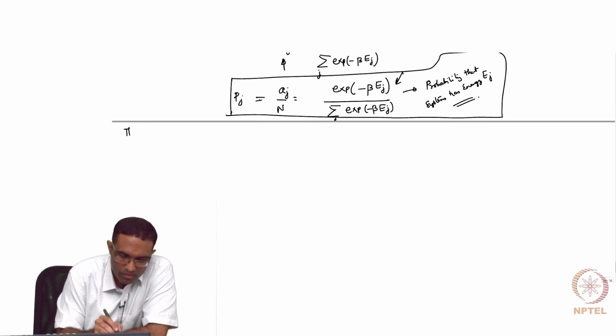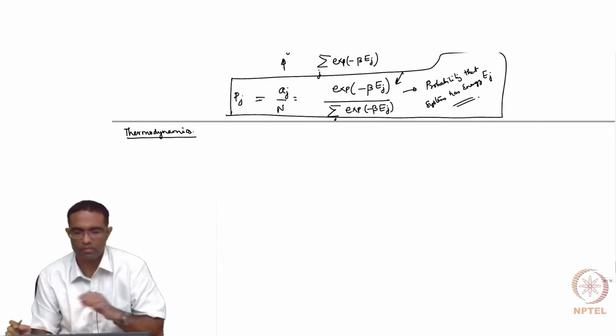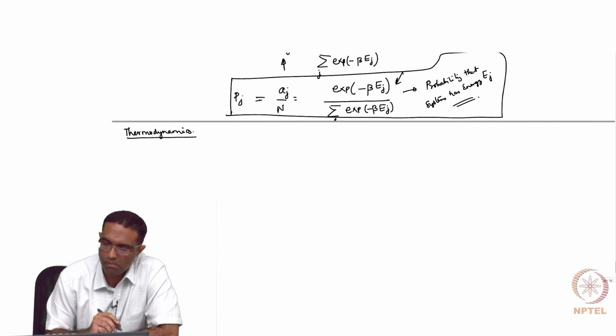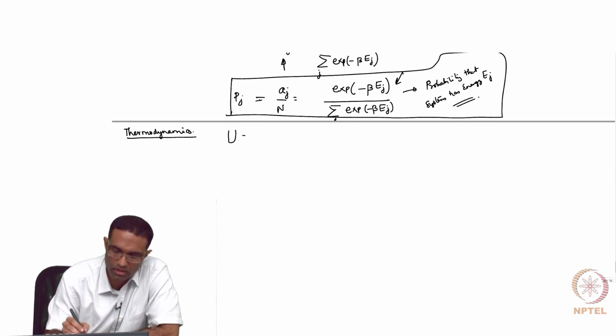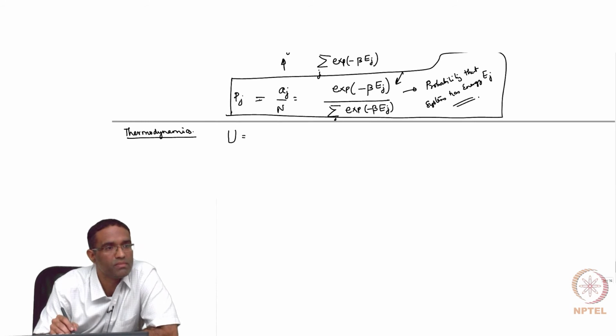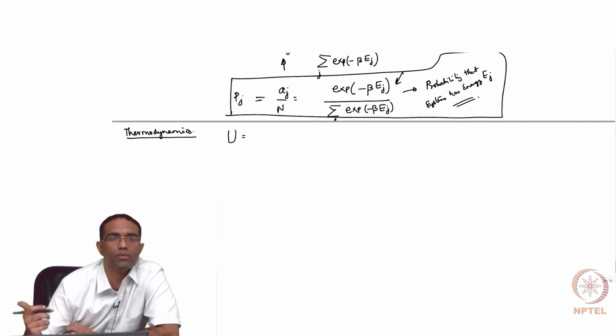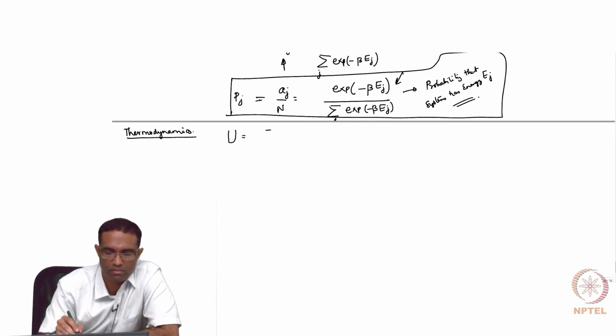So we'll do some thermodynamics now. What is the average internal energy of the system? What is the internal energy of the system at equilibrium? If I knew the probability that the system is at energy Ei, whatever the probability is for the system to be at energy Ei, what would be the average internal energy of the system, or what was the internal energy of the system at equilibrium? That's it, right? It is the same as summation